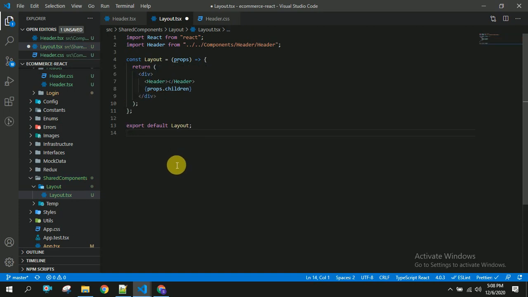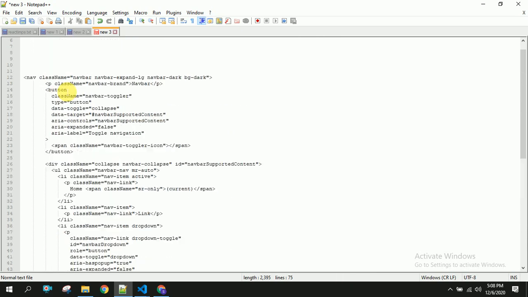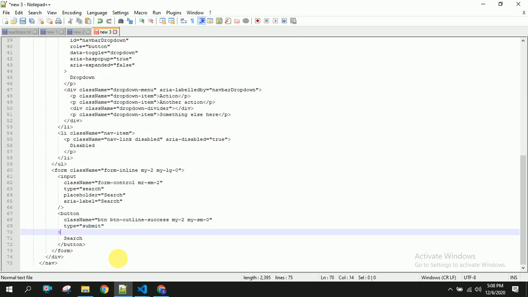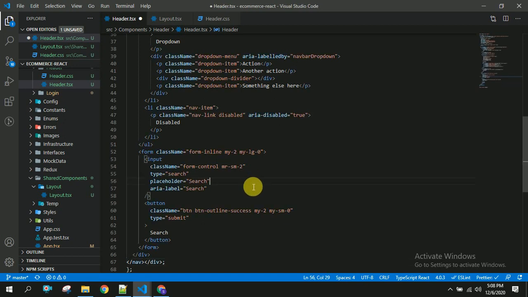Basically we will be sending these props as a login component or a register component. First we will be getting the header part, and after that the component we send here. So we can say this is the higher order component. In this header part we will be adding the navbar. I will be customizing this navbar to meet our requirement. So let us save this.